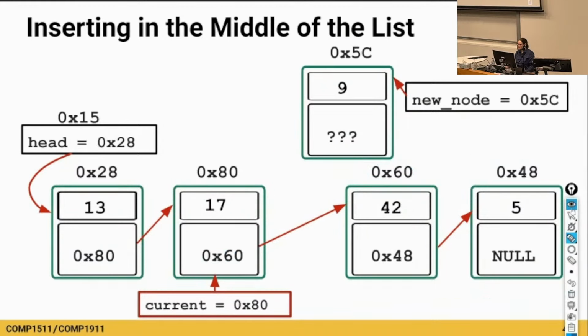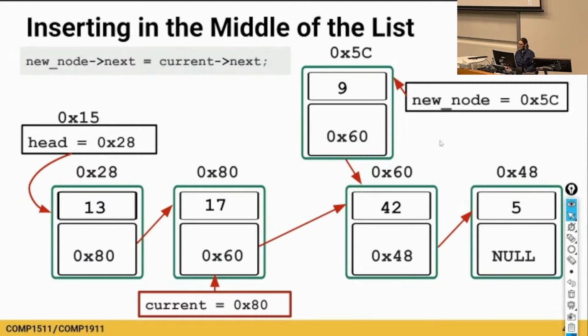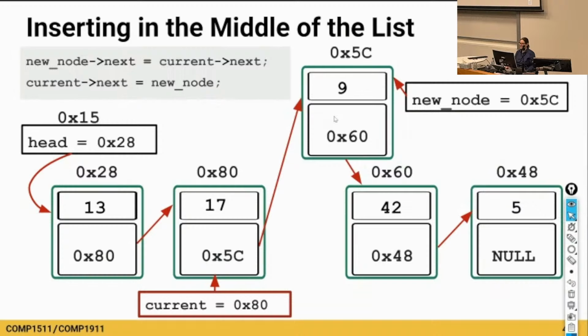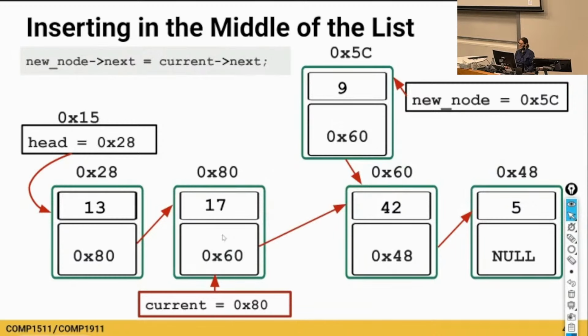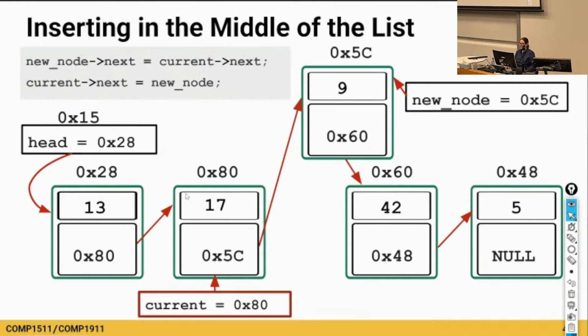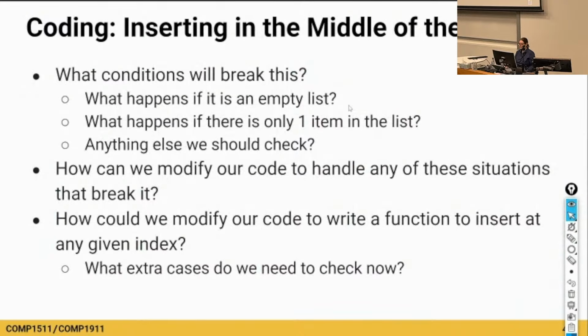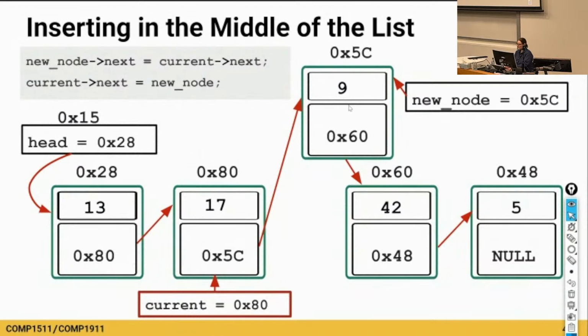So we've got to do it in the right order, and that's often the case when we're working with linked lists, that we've got to make sure we set things in the right order so we don't overwrite something that we need. So we set this first, then we set this. We're saying the next node after new node is the next node after the current node. Let's go back to here. This was the current node. This is the next one after the current node. That's going to be the next one after the new node. Then we say the next one after the current node is now going to be the new node. And that slots it in exactly where we want. Now, if we just code all of this up,